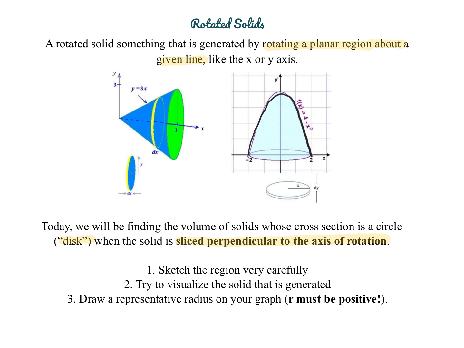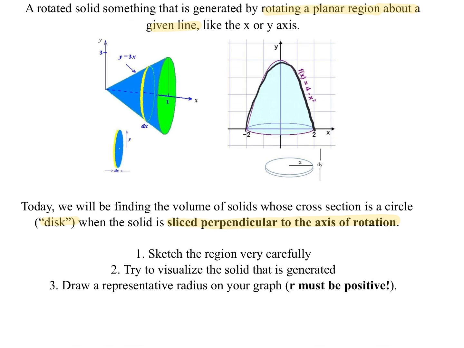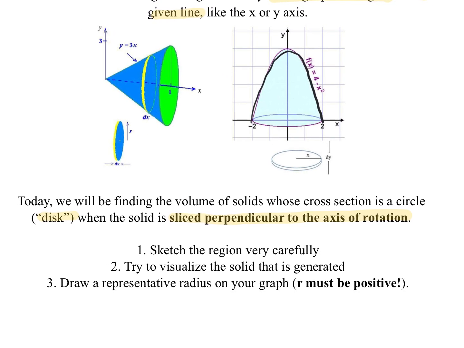So sometimes our boundary is going to be horizontal, so we're integrating with respect to x. Sometimes we're integrating with respect to y. So you have to really make sure you understand how your solid is sliced and how we are integrating. So we're going to be sketching still. We need to make sure we have a good visual representation of what's going on so we can also visualize the solid that's generated. And then really the trickiest part sometimes is just deciding what your representative radius is going